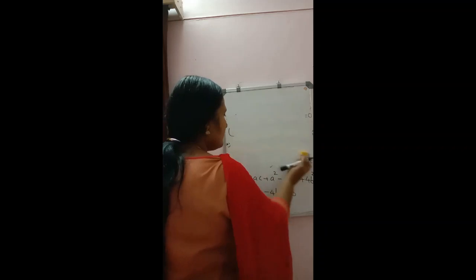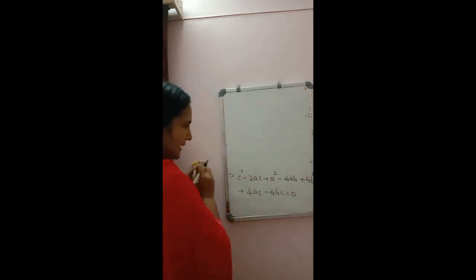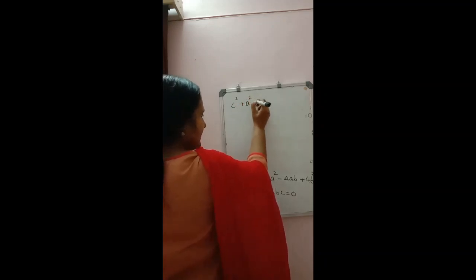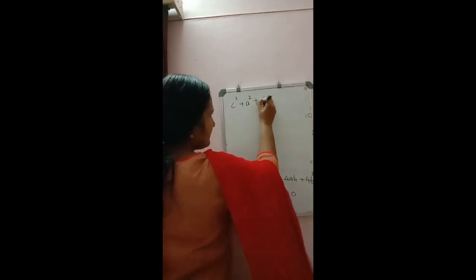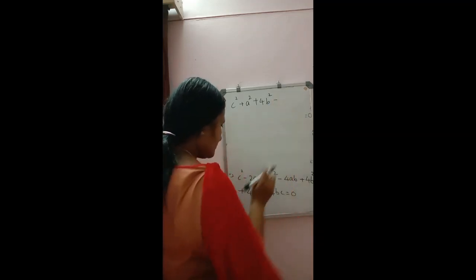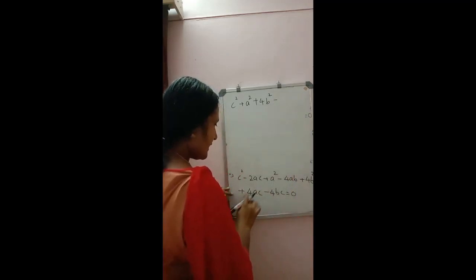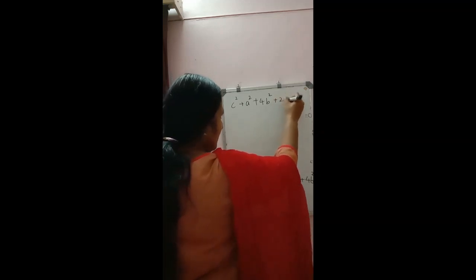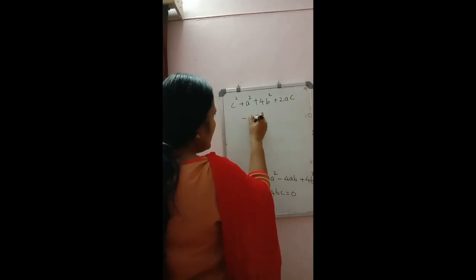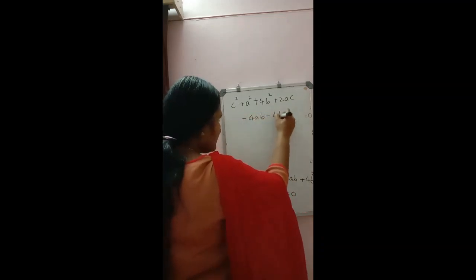It will come in the form of an identity which you studied in 9th class. So it is coming c square plus a square plus 4b square, remaining is minus 2ac plus 4ac, that will be equal to plus 2ac, then minus 4ab minus 4bc